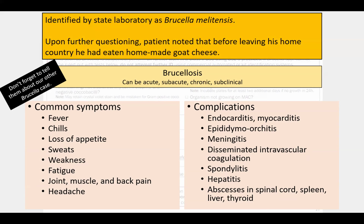This was a gentleman who had a wound on his leg, on his calf muscle. He went to another hospital, not a Norton facility, somewhere else in town, and they cultured it and grew MRSA. Makes perfectly good sense. So he gets put on oral treatment for MRSA. He goes home and comes back 2 weeks later to one of our emergency departments. This wound is not getting any better. And we grow